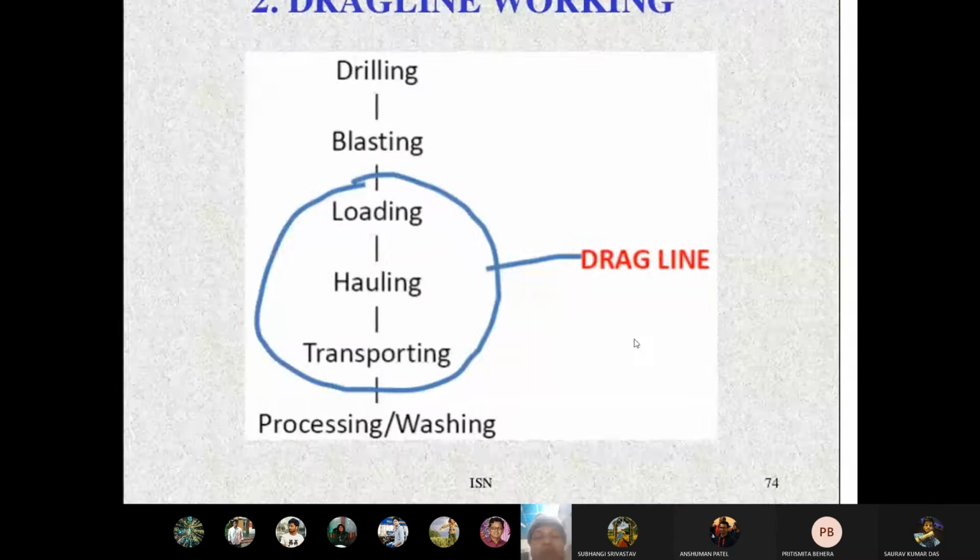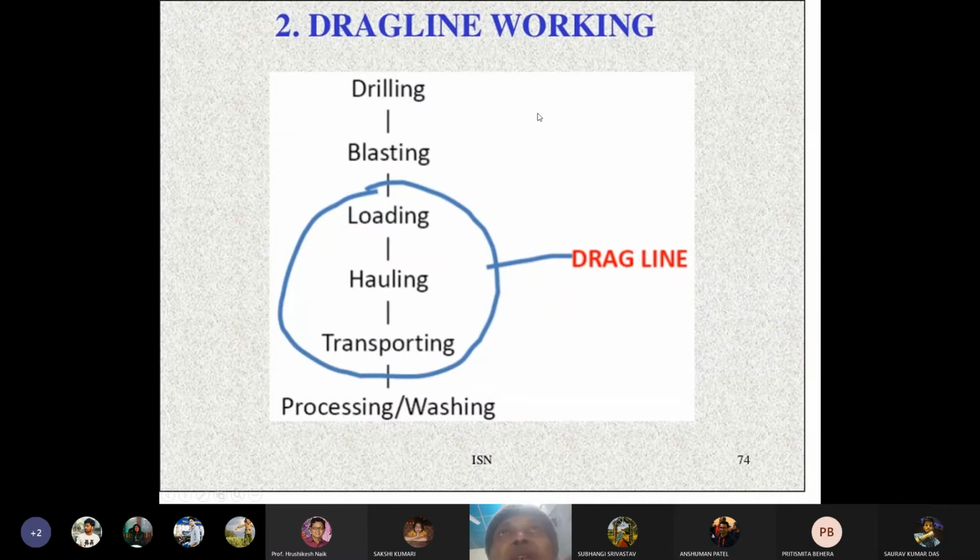Today we are going to discuss dragline mining, the dragline method of mining. By using a dragline, what work can you do in the mines? We have seen that drilling, blasting, loading, hauling and transportation are the various unit operations to be carried out in open cast mines.